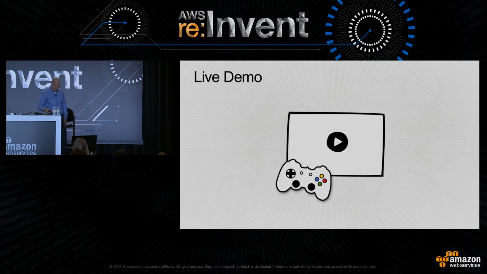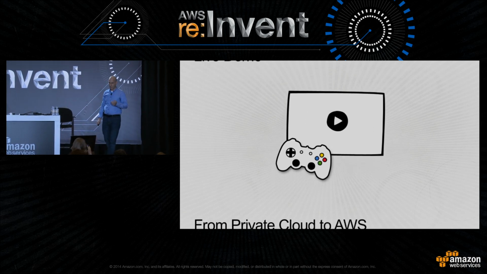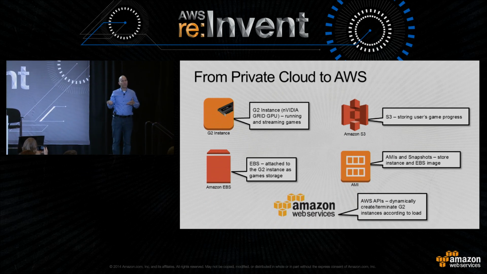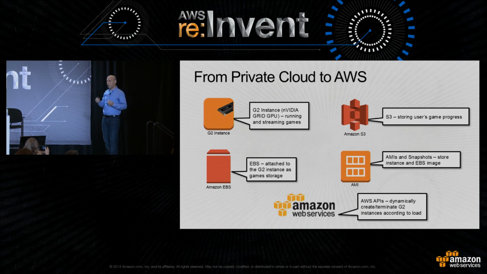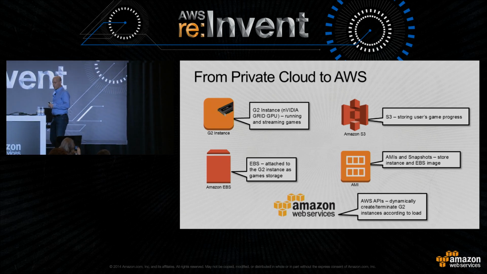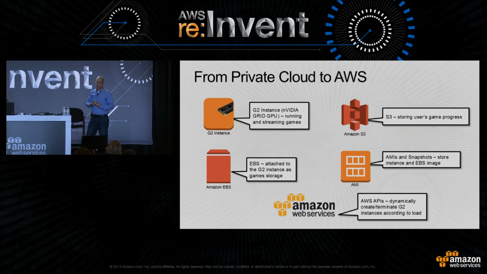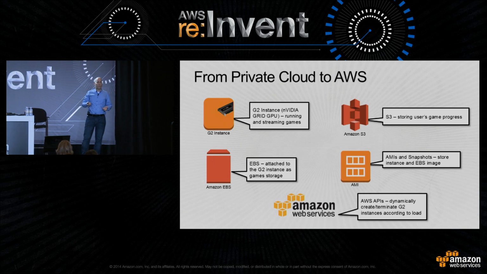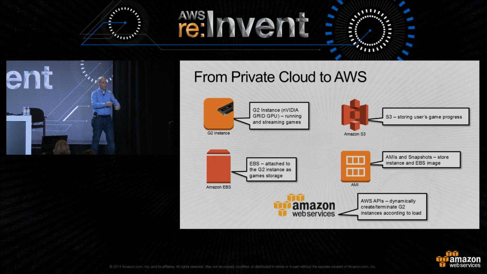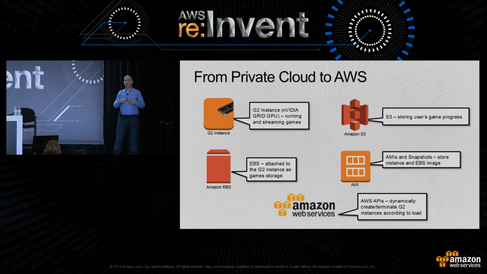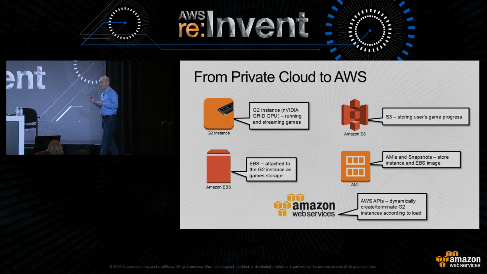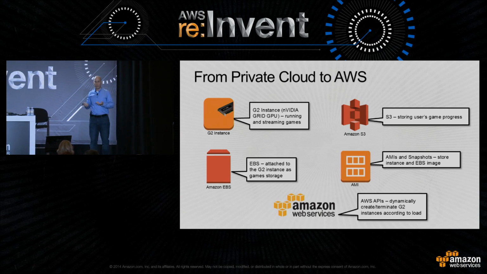So how does it work? We wanted to move from a private cloud to AWS. And we looked into what kind of AWS components we need in order to drive such a service. So the AWS components that we are using in our service are first the G2. The G2 is the streaming server that on that server we actually run the game, render it, and stream it as video. The G2 has an NVIDIA Grid GPU that we are using,